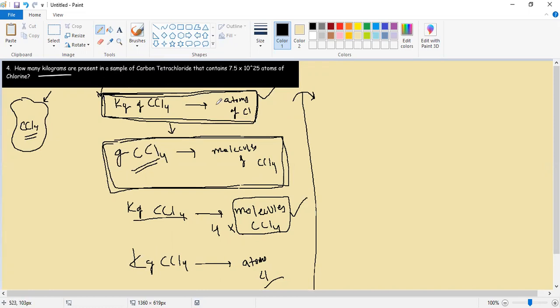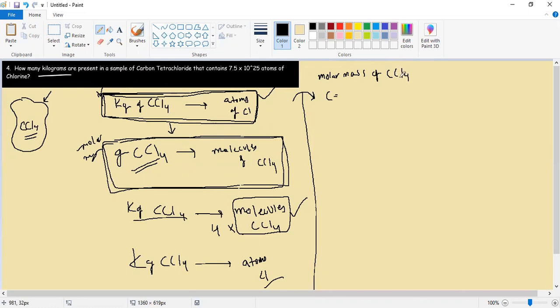So let's go ahead and actually implement this plan that we have here. This is how many kilograms are present. So we know what the question is. We want to go from grams of CCl4 to molecules of CCl4. And we already discussed that the molar mass allows us to do that. So the molar mass of